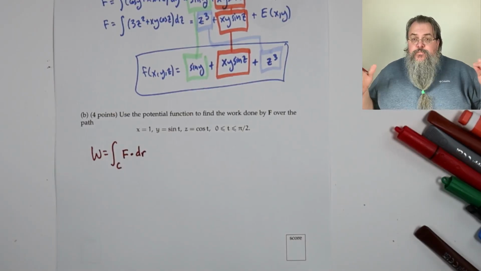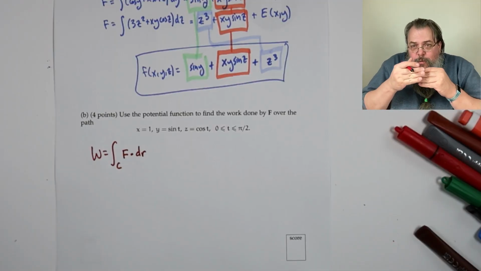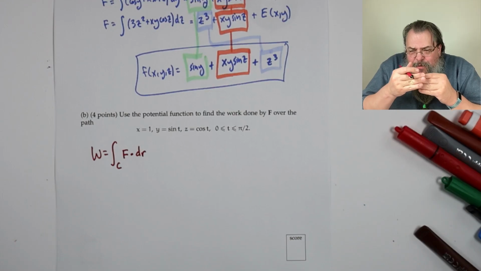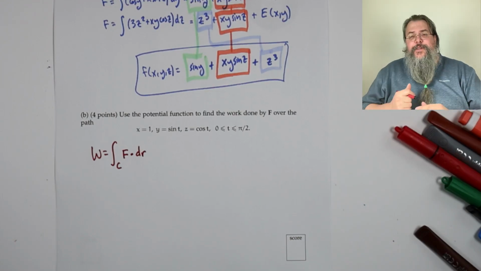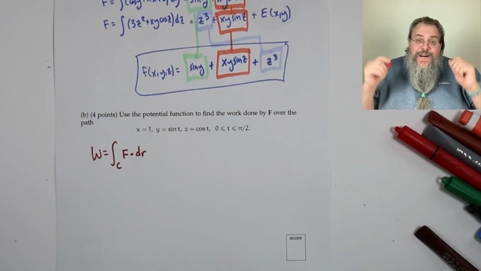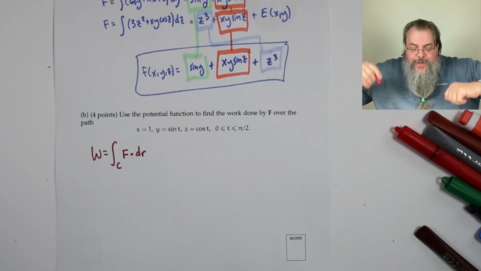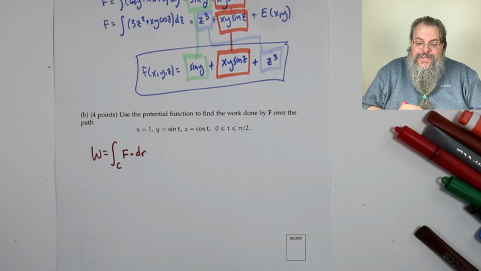Okay? Small bit of force times distance. That's the work done to do a little tiny move. Then you add up all your little tiny pieces of work. That's your total work. But when we have a potential function, there's the fundamental theorem of line integrals that says,